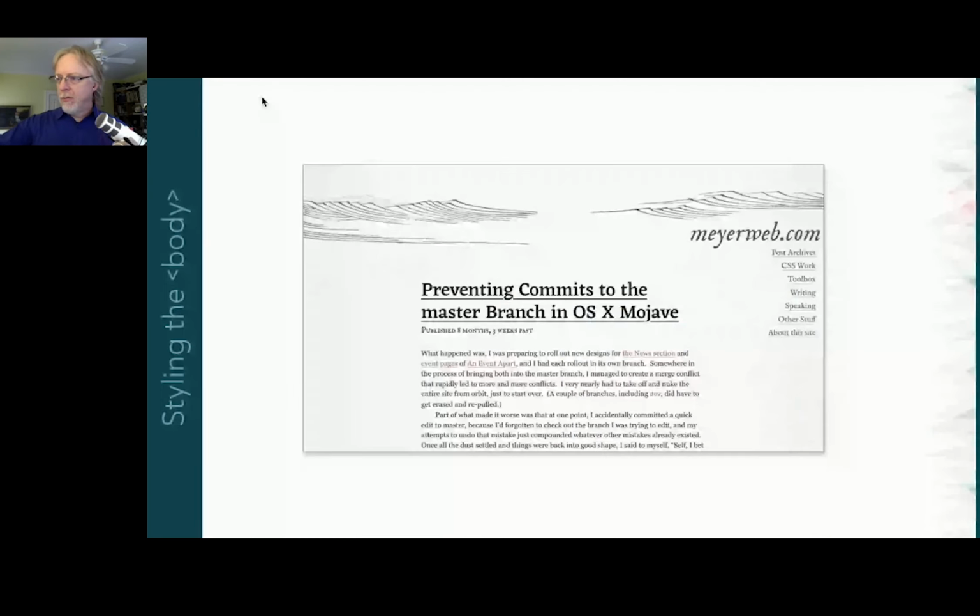If you look, I'm not sure how well this is coming through the streaming, but there's a textured pattern to the page. And we're all on the web right now, so you could always go to the actual site, meyerweb.com, and see what it looks like in a browser. But I'll make more obvious what this is. So here's what that body looks like without a body background, right? Here's what the page looks like if I just take away all of the body background.